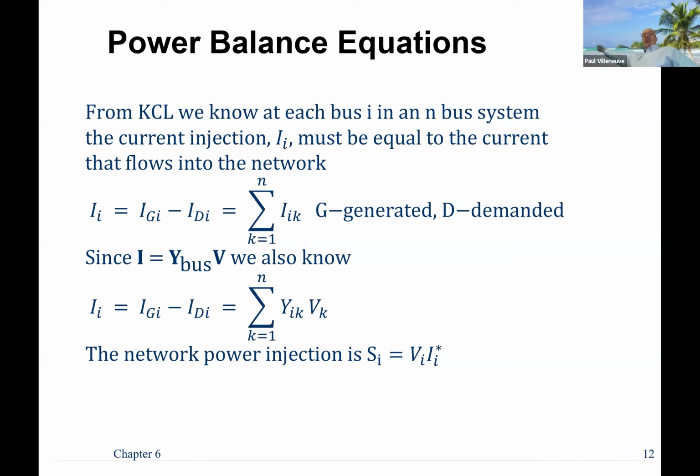So what I mean by that is if I have a bus and I have a generator connected to it, that's not going to get represented properly with Y bus, right? That's an external part of it. So it's not going to be necessarily included in there. Similarly, the demanded power, that's the actual power to the load. So those are going to be fixed power values, right? Fixed P and possibly fixed Q. So we know what those are, and we can write our current injection equation just to be equal to the